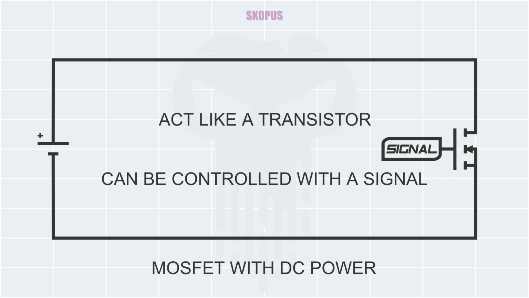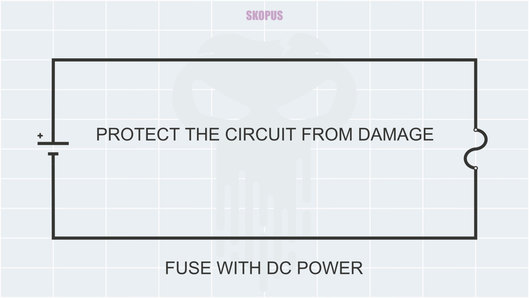But there is an important difference between a MOSFET and a transistor. The important difference is that a MOSFET gate is insulated from the rest of it. Therefore, there will be no current passing through the gate to the source of our MOSFET, which is really useful for high voltage applications.